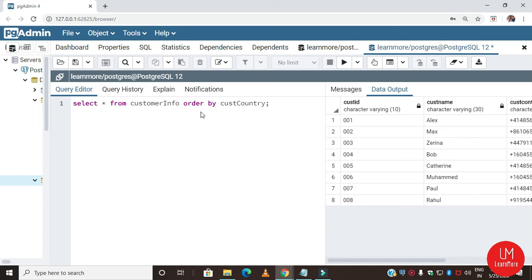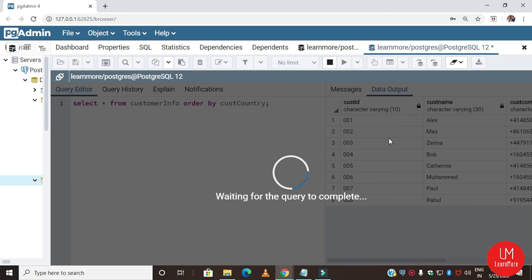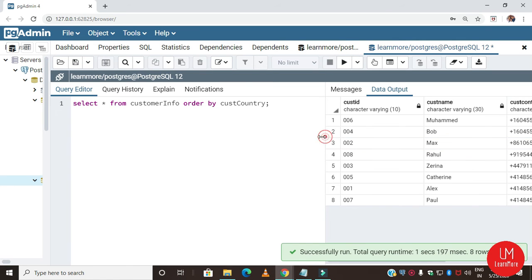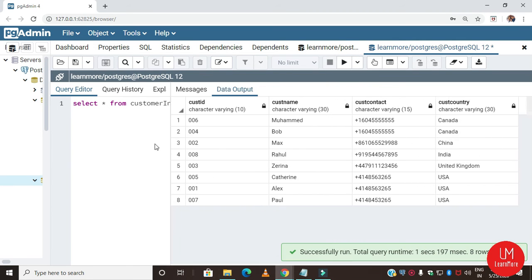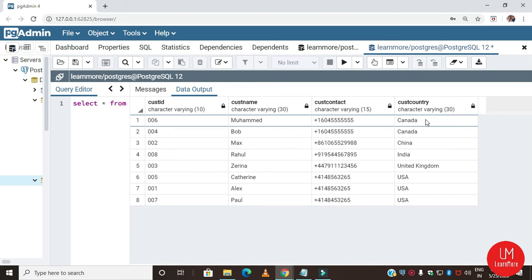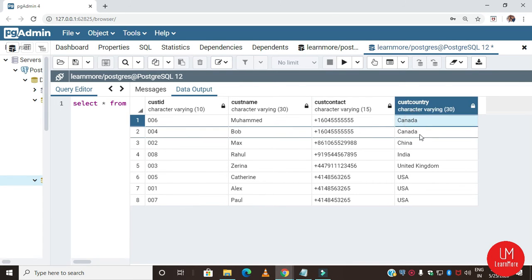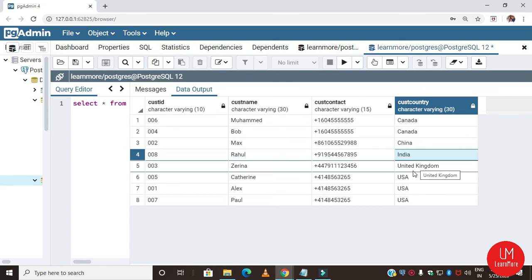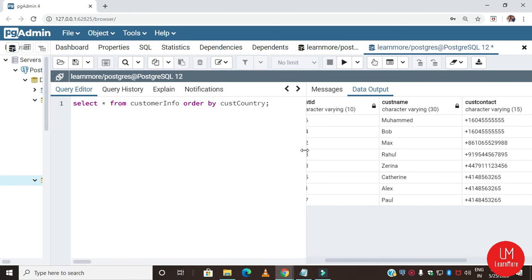Normally it is in ascending order. Let's try this. You'll get the same table, but now it is sorted. You can see in the country column Canada, with 2 entries, then China, India, United Kingdom, USA. This is how the order by clause works.